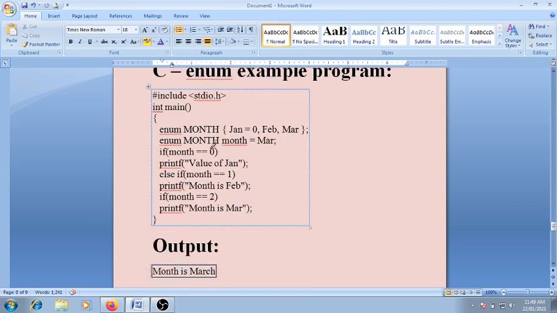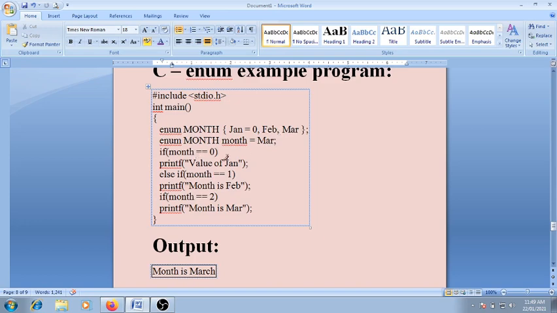So friend, this is the program. In this program we include the header file. Then in the main function I declare enum month Jan equal to 0, Feb, Mar, closing curly brace and semicolon. Now enum month equal to March. If the month equals 0, what is the value of the month? It is MAR, and by default the MAR value is 2.